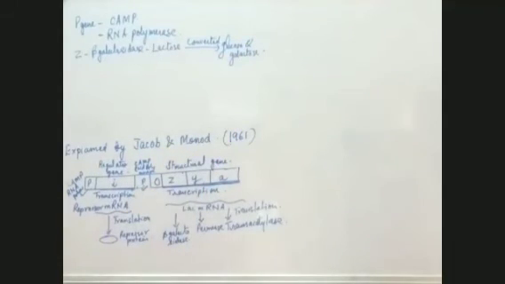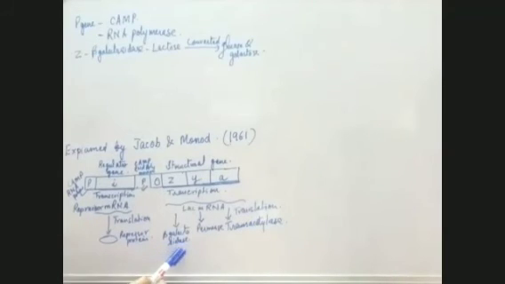The first enzyme, which is protein in nature, is formed because lac messenger RNA, which is formed by transcription, will undergo translation. After translation, always a protein is formed. So beta galactosidase is an enzyme which is proteinaceous in nature. Permease is again an enzyme which is proteinaceous in nature. Transacetylase is also an enzyme which is proteinaceous in nature.